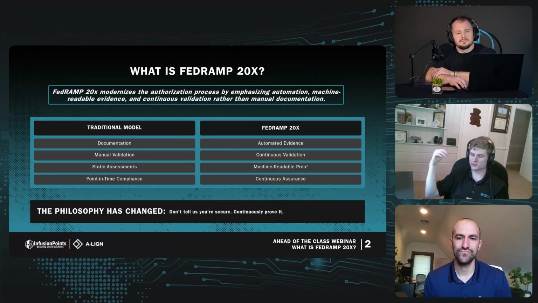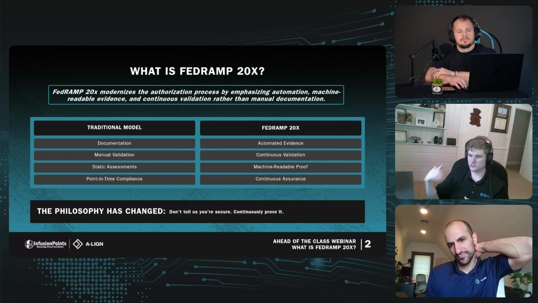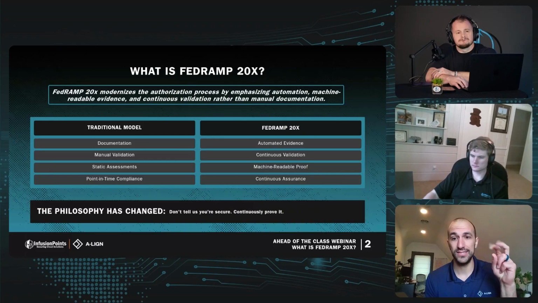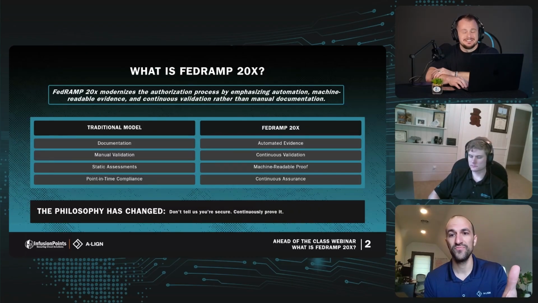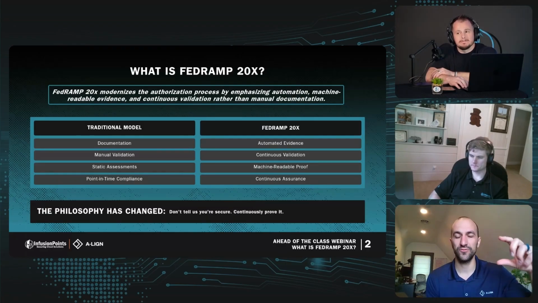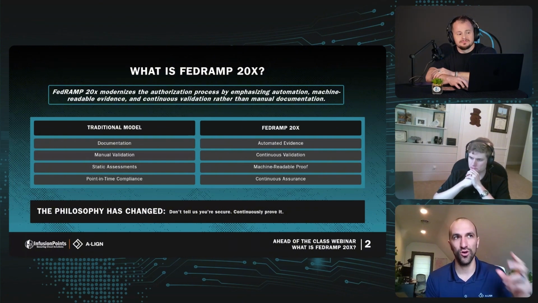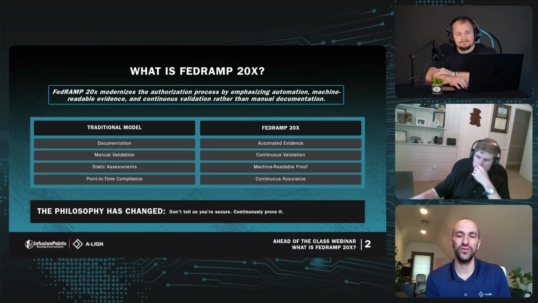because I think agencies are going to look for those CSPs that are showing the most evidence, that are showing the most, hey, we're doing this for security, but we're also doing this, this, this, and this as well. I love that, I think that's great, because I have seen this be a little bit of a misnomer. I don't know if you guys share this perspective, others that I've talked to have, but everybody has this idea of FedRAMP 20X just being easy or easier in terms of security, right? And so when we talk about transitioning from and trying to solve a lot of the problems of the older FedRAMP path, it's not trying to solve or take away security. It's trying to take away all of the red tape components of it